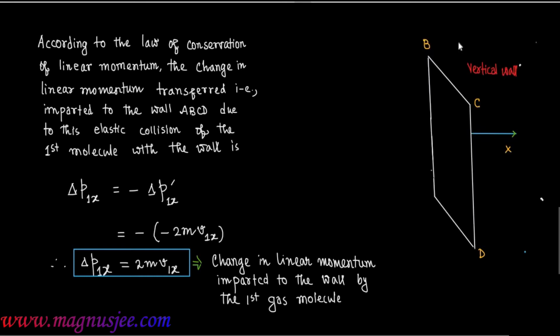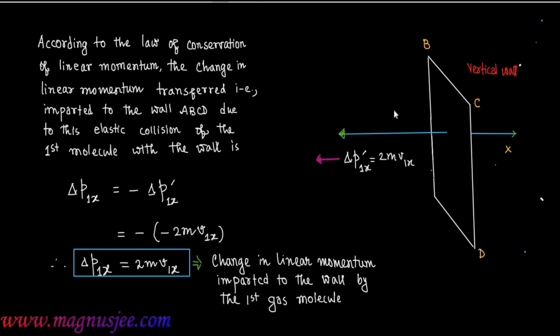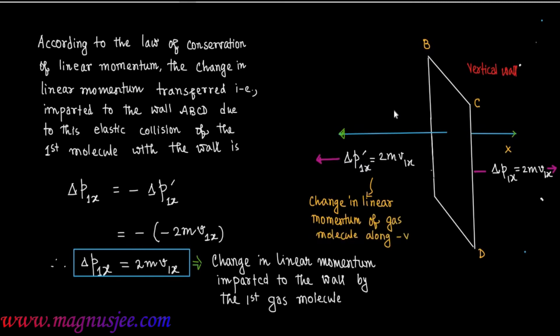Now, delta p1x prime is along the negative x-axis and delta p1x is 2mv1x, which is the change in linear momentum imparted to the wall, and delta p1x prime is the change in linear momentum of the first gas molecule as it undergoes an elastic collision with the vertical wall ABCD,